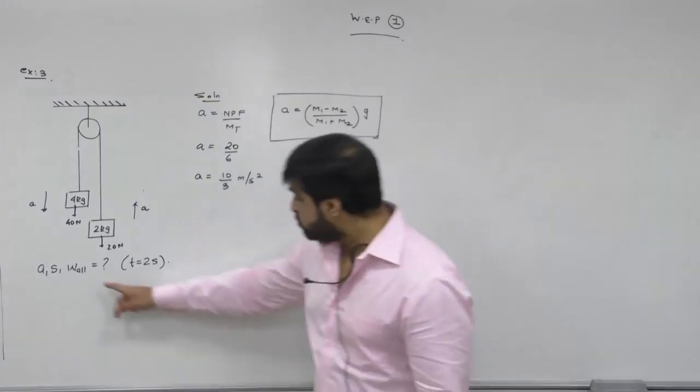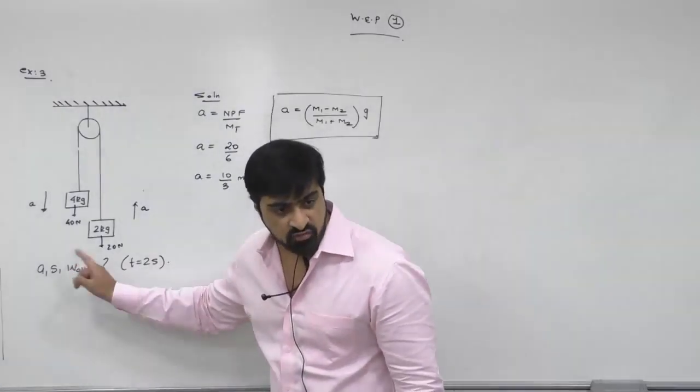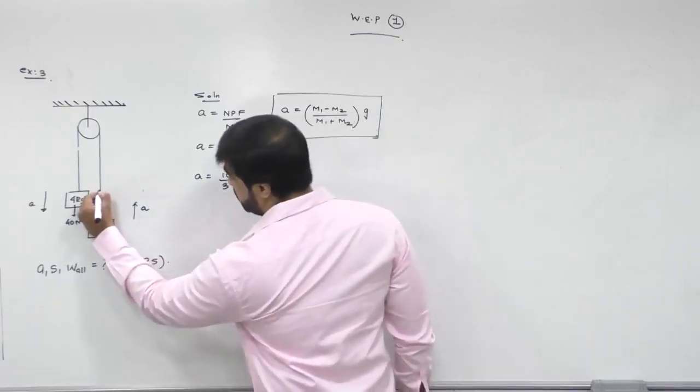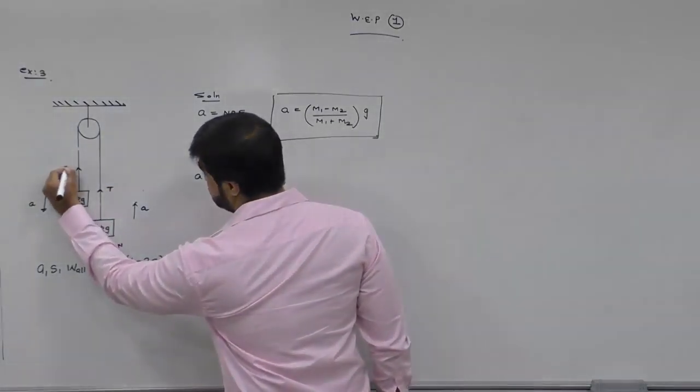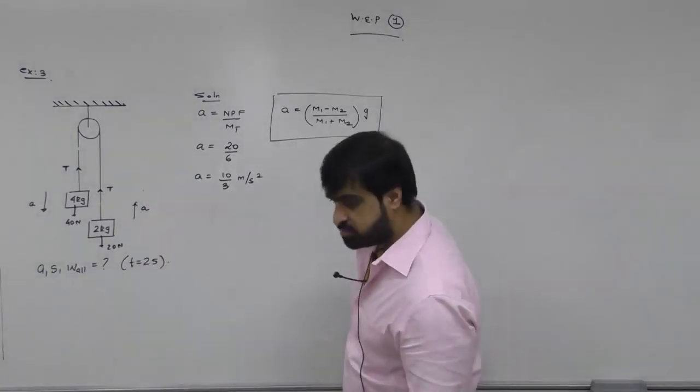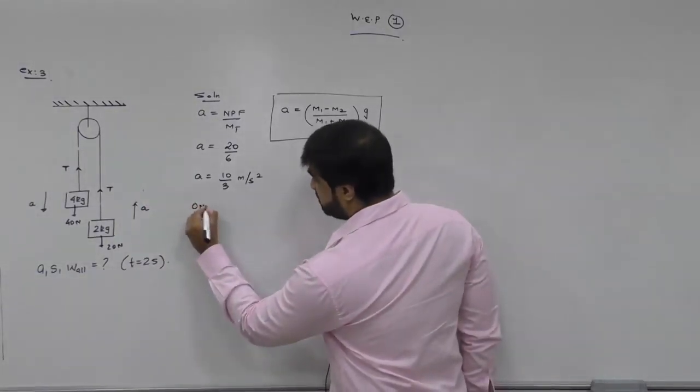Why? Because they have asked you work done by all forces, and among all forces, one of the forces is tension also. So you know there is tension here and there's tension here. So you can apply a free body diagram of anything. Can I apply it on 2 kg? So on 2 kg if I say